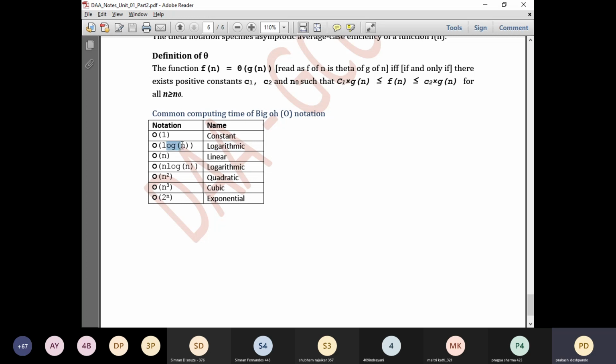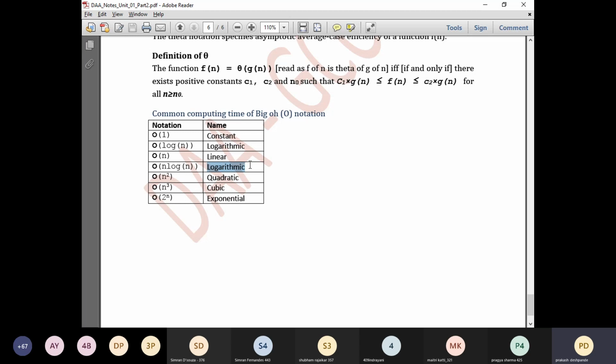Okay, let me see if I can give you some examples or exercises based upon that. But we will definitely look into the other examples like linear. Linear means if we have big O of n, the power of n here is 1. That means it is linear. As the value of n increases linearly, the runtime of that particular algorithm increases.